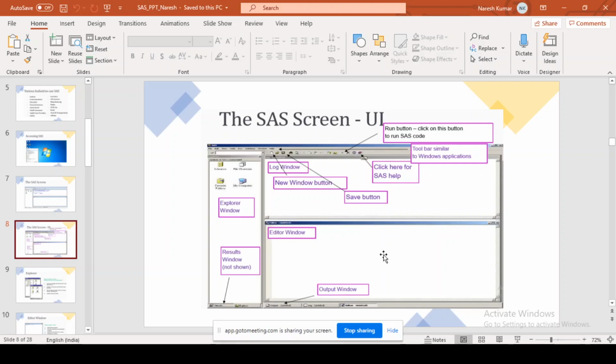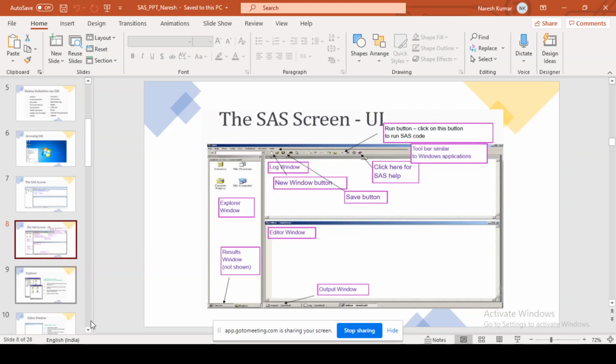Then we wrote the code in the Editor window and got the output in the Output window. The Log window gave details about how many datasets or observations were created. This was the basic UI of the SAS screen.